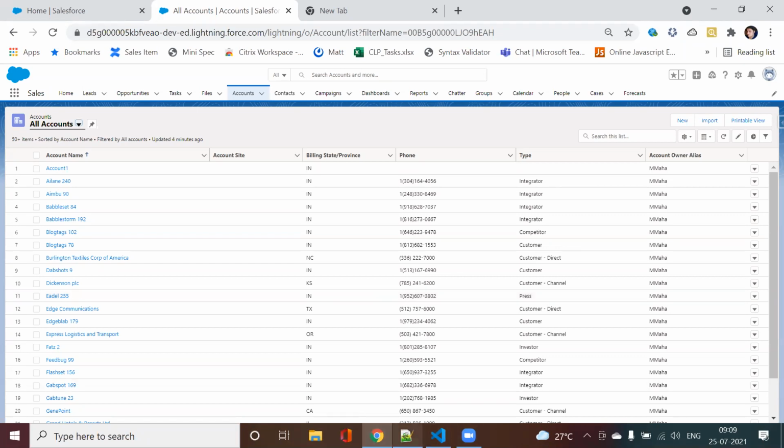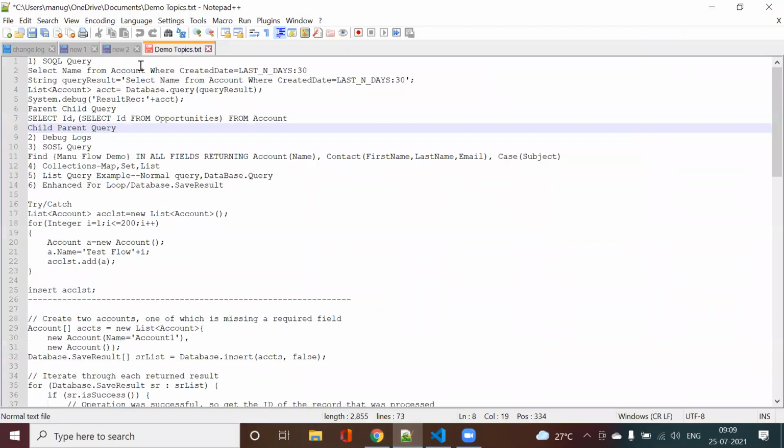The topics that I'm going to discuss with you today: first of all, we will start with what is a SOQL query. Then we will go into some debugging, which I won't go into in much detail. After that, I will go into the SOSL query. Then we will go into collections, and how we can query the data from a collection.